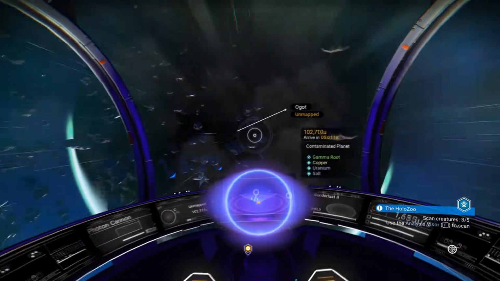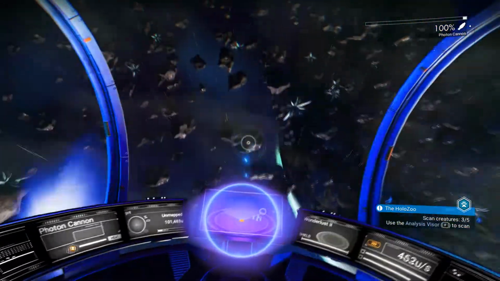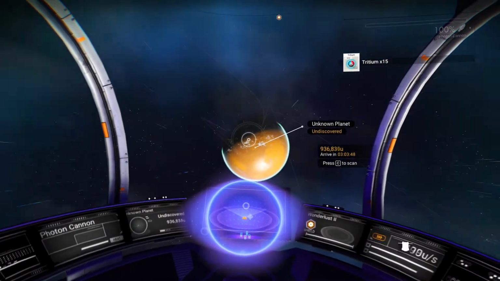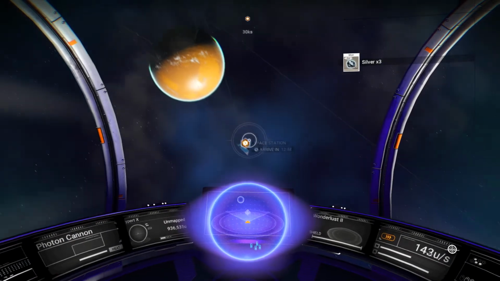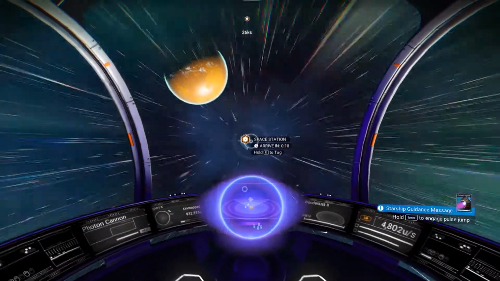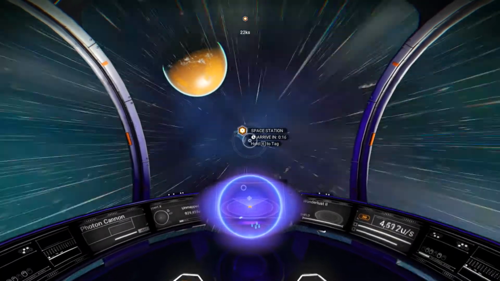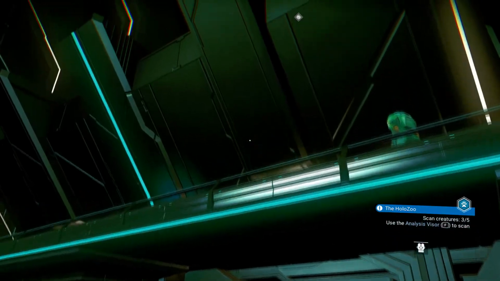Right, we've got a contaminated planet here. What's that beyond? That's the verdant planet. What's that? That's got copper, paraffinium, and silver. So what we're going to do is just drop in the space station. Of course, first thing we're going to do is